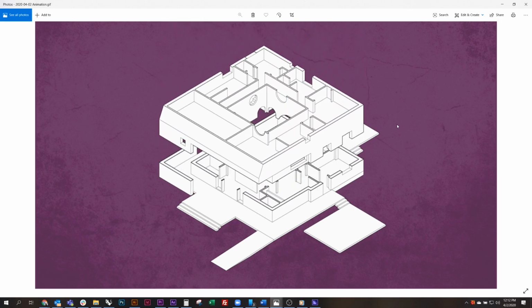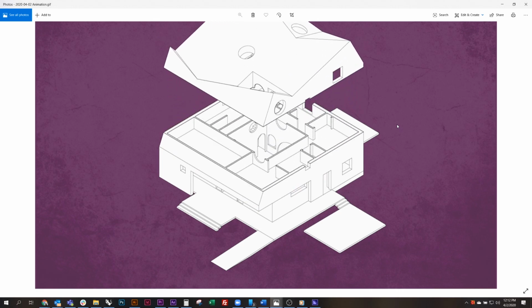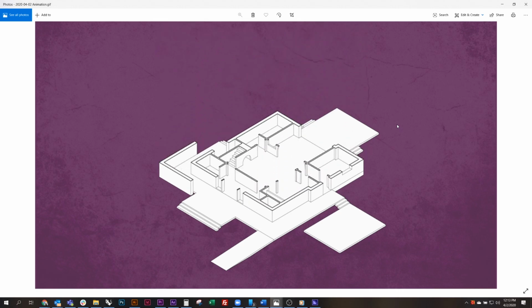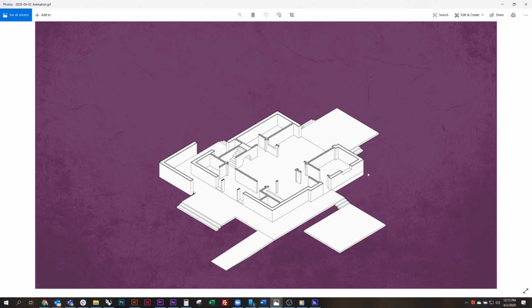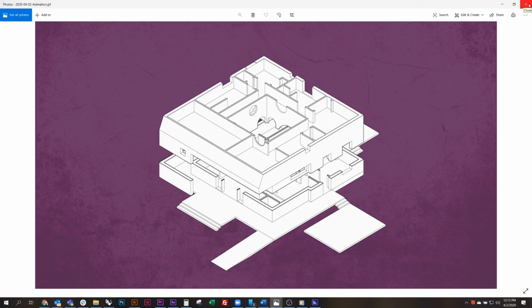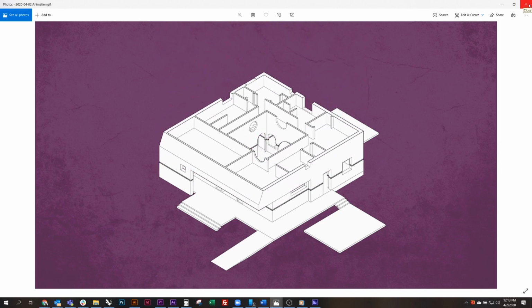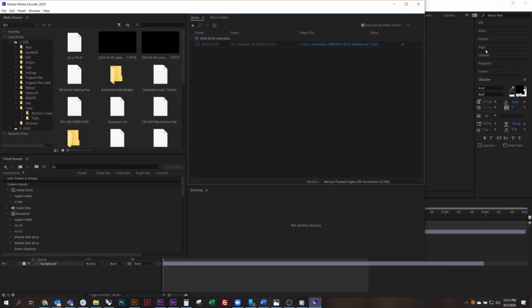You can take this GIF and import it into your PowerPoint or PDFs and have it autoplay when you present. You can also put this on your website and inside any other digital presentations. But say you had a longer animation that you wanted to upload to YouTube, you would want to export this as an